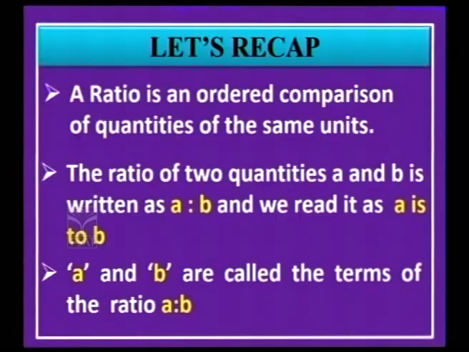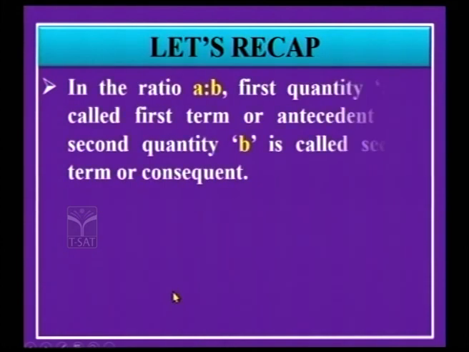So before we end our session, let us quickly recap what we have learnt. A ratio is an ordered comparison of quantities of the same units. The ratio of two quantities A and B is written as A is to B, and we read it as A is to B. A and B are called the terms of the ratio A is to B. In the ratio A is to B, the first quantity A is called the first term or antecedent, and the second quantity B is called